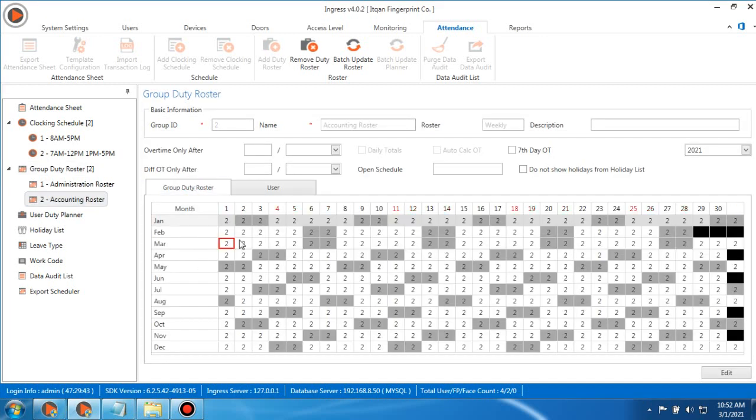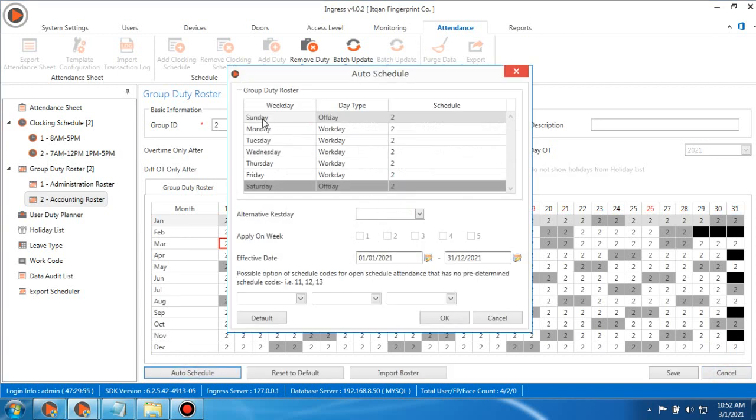By default it will also take the number 2, but just in case it will not take the schedule, you can just edit auto schedule here. So on this schedule for the accounting department, the off day is Saturday and Sunday. Every Monday to Friday the schedule is 7 AM to 12, then break, then 1 PM to 5. Then the effective date,